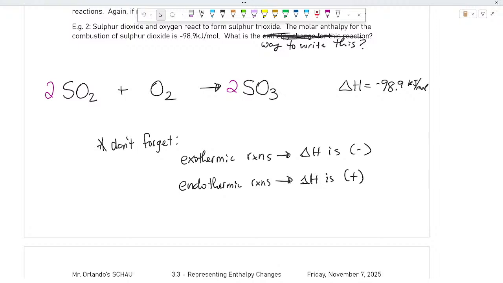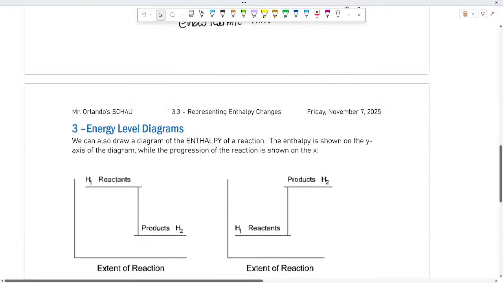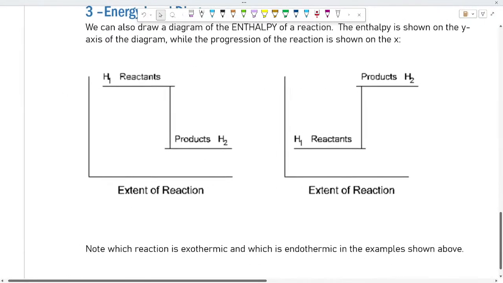There's a third representation we sometimes use, which is we will sometimes draw what's called an energy level diagram. Now, you're not going to do this to solve most questions, but it sometimes is helpful as a conceptual piece, and of course, you'll sometimes come across it in questions. So I want to make sure you're familiar with it. An energy level diagram